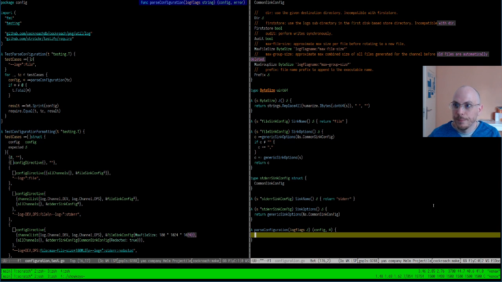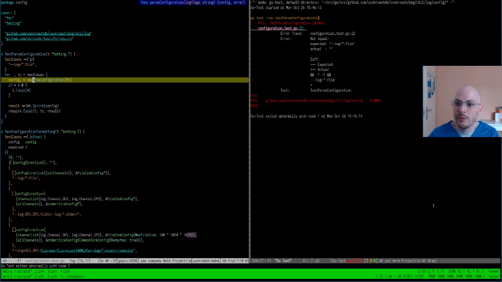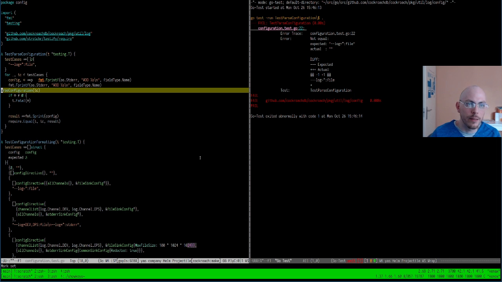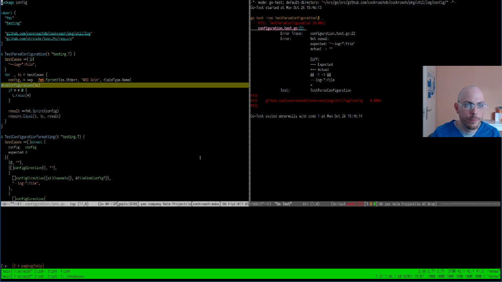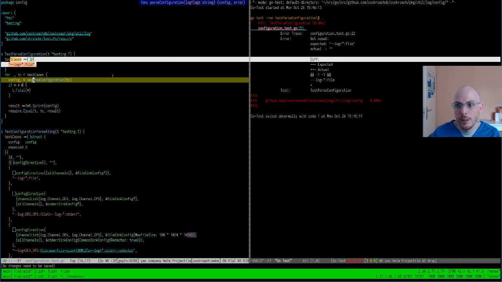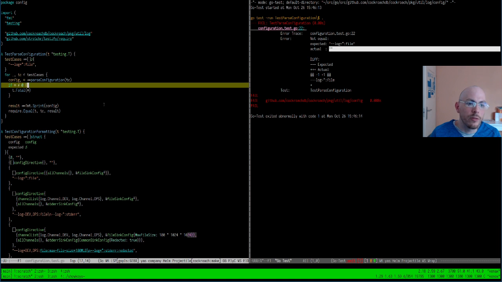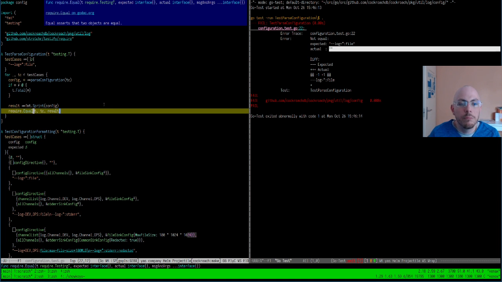I'm not going to do anything for the time being, and I let my test fail. So what it's telling here is that after parsing this command line here, the result of parsing is a config that itself pretty prints as empty. That's right, because my parse configuration has not done anything. And so the result is empty. Well, for now, that's okay.